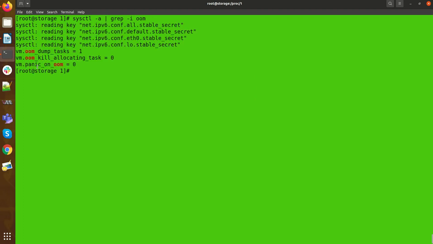So here you can see panic_on_oom value. When your VM is in a panic condition from out of memory, then it will create some log file. Right now the value is disabled. You can enable it if you want to generate a core panic, but this is not recommended on a production system. So let me enable it.